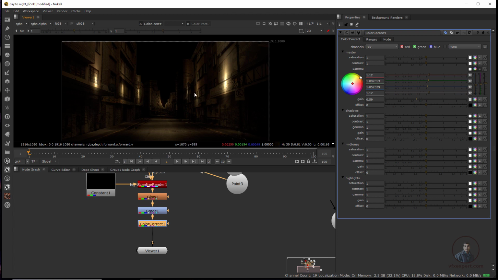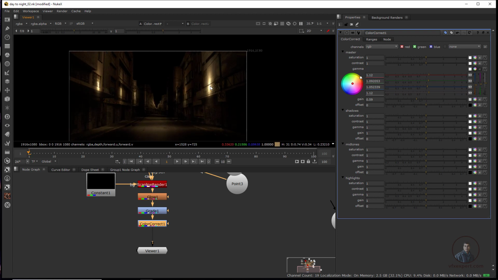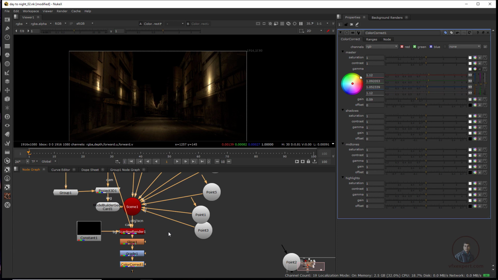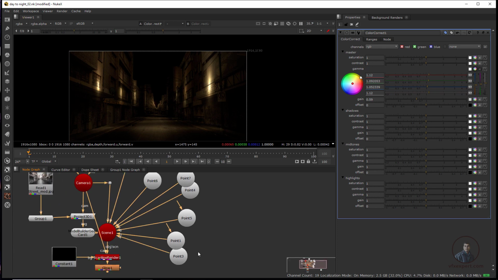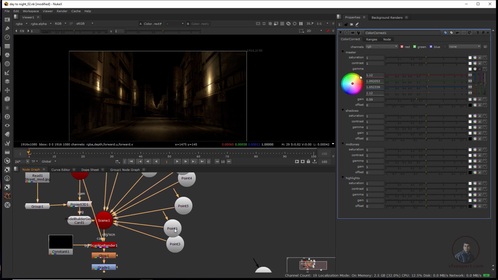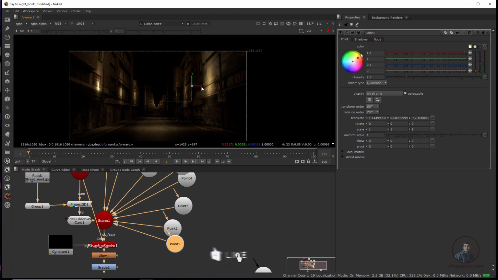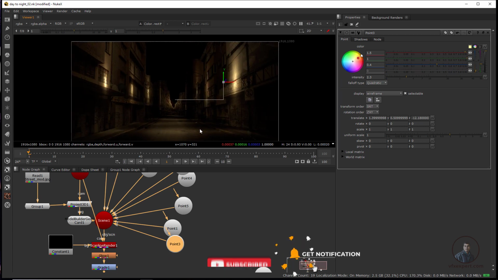So these lights you have to place according to your footage. Okay, so if this is looking too hard here, then again you have to select your light and adjust the intensity, all these things. So this totally depends on you, how you are adjusting your lights, all these things.